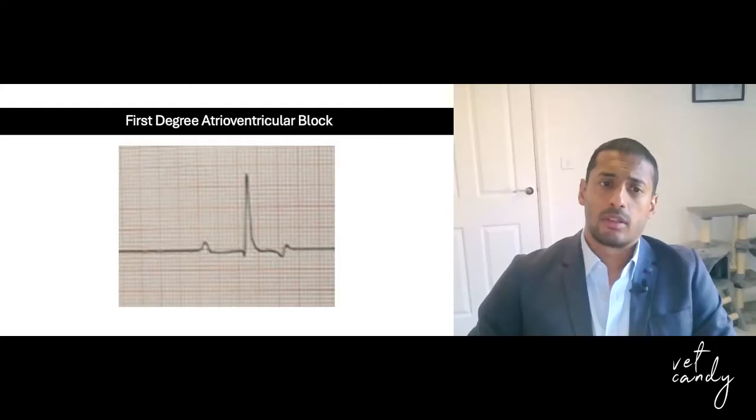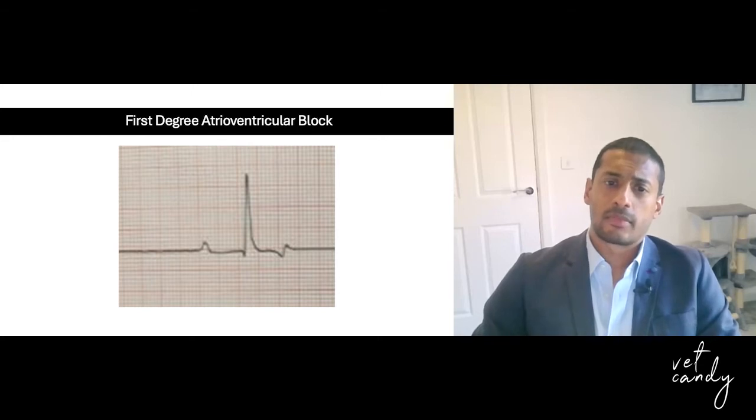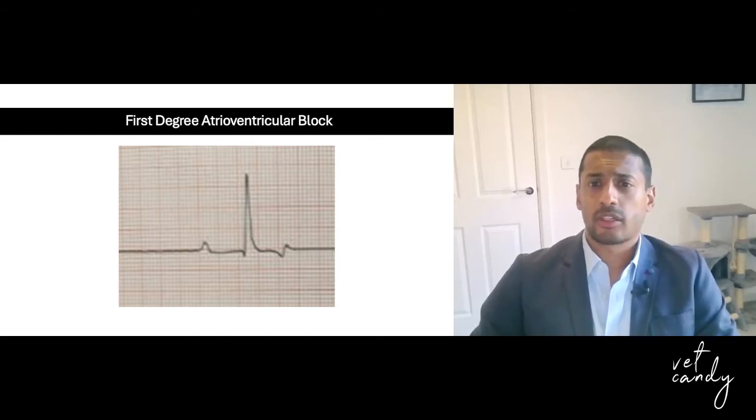We'll start with first-degree atrioventricular block. First-degree AV block is a delay in AV nodal conduction. This can reflect increased vagal tone, can be drug-induced, etc. Certain dog breeds, particularly brachycephalic dogs, often have high vagal tone and may have first-degree AV block as a normal finding, particularly during sleep. On the ECG, there is a prolongation of the PR interval, which indicates the delay in